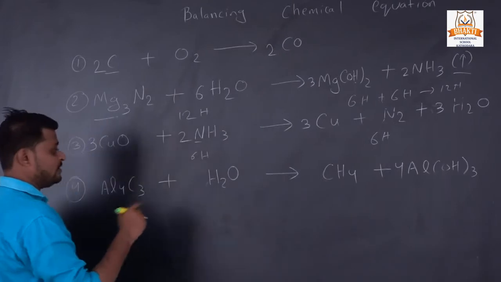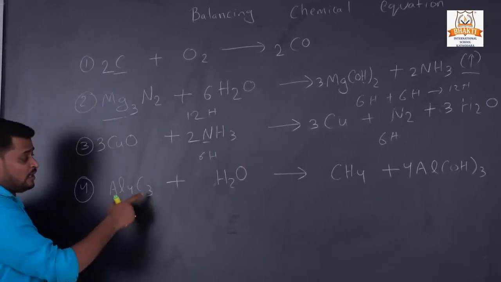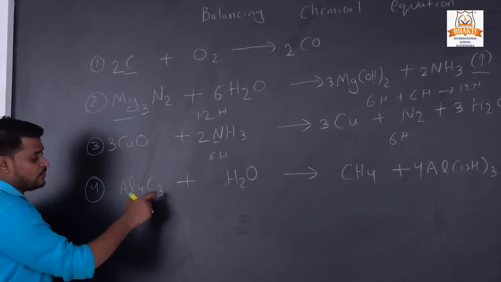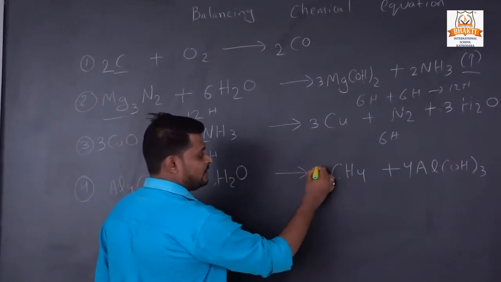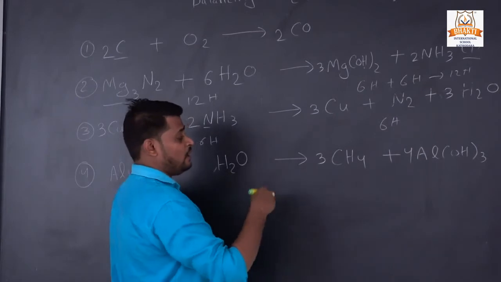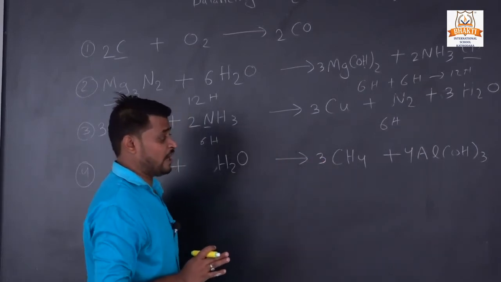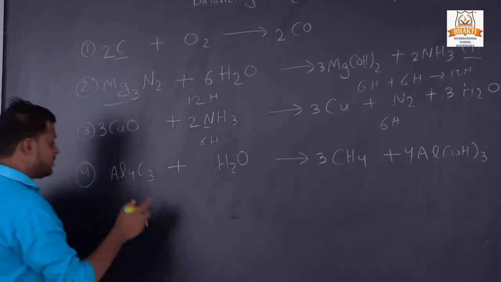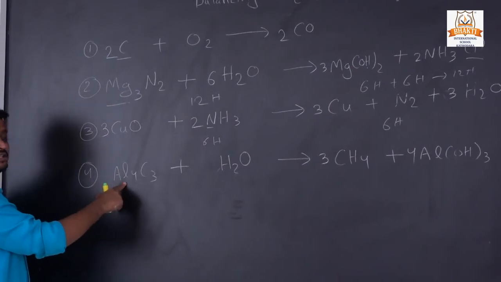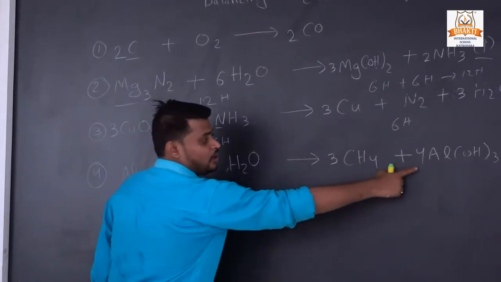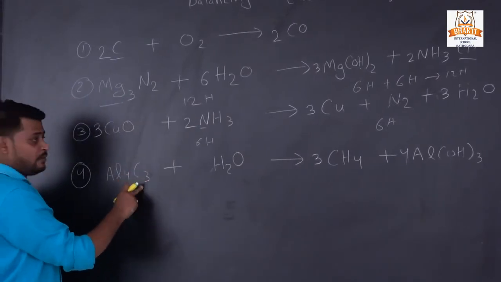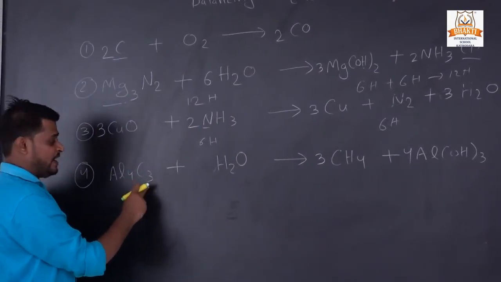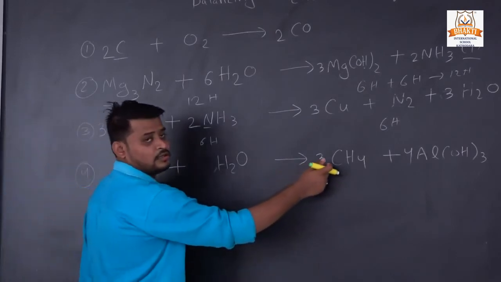What was the non-metal in this equation? Carbon. Here the molecules of carbon was 3 and here 1. So we have to multiply with 3. Then we change the molecules of carbon. We have to check again. Metal, molecules of metal is 4 here and here also 4. Then the non-metal was carbon. Molecules of carbon in the reactant is 3 and here 3.